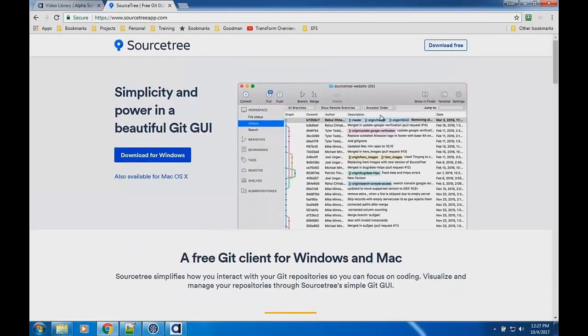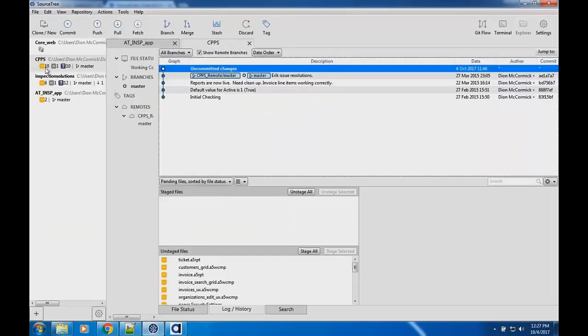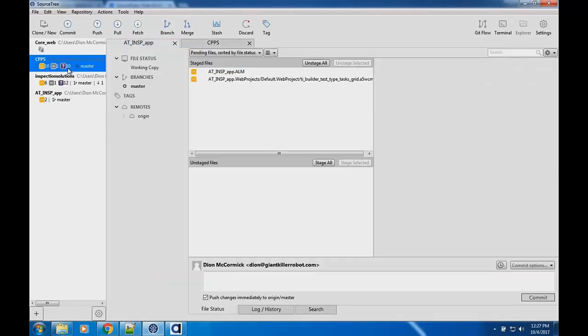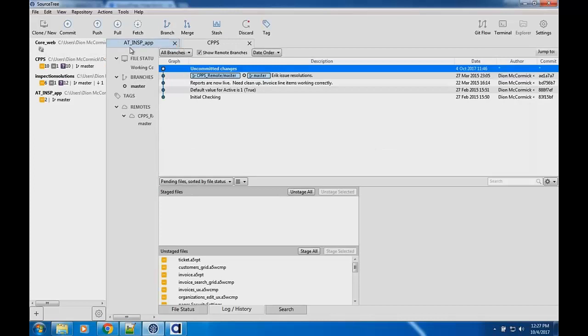But what it allows you to do is manage your source control visually, versus having to do command lines. So this is what it looks like. You can have multiple repositories. Here are my different repositories on the left side for the different projects I'm working on. Then I can open them up and have them in a tabbed interface right here. Because most of our developers out there are handling multiple clients, building multiple solutions, helping people out, so they're not limited to a single one.